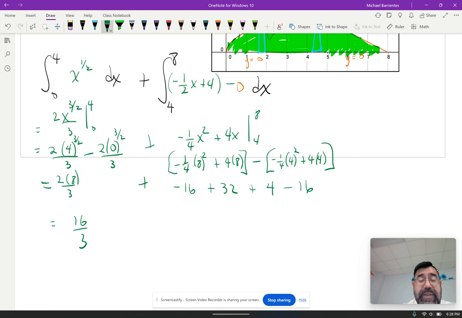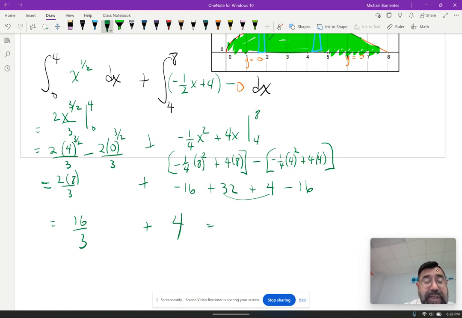There's many ways to do this. I can say this is 36 minus 16. That would be 20 plus negative 16. That's 4. So this whole thing becomes 4. I could also say 16 plus 4 is 20. 20 minus 16 is 4. Either way,